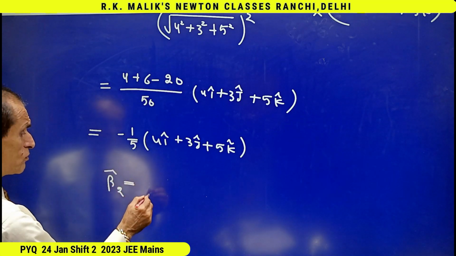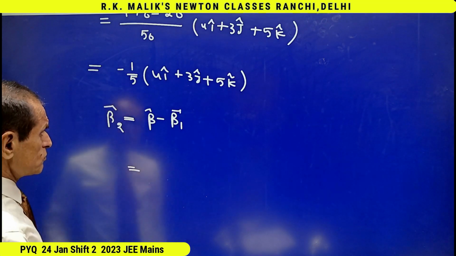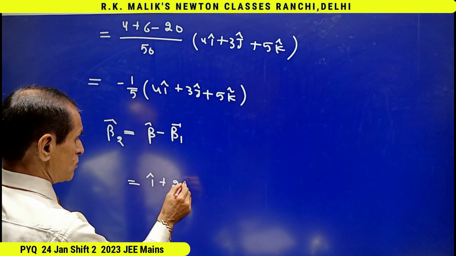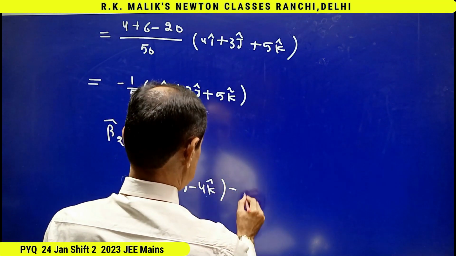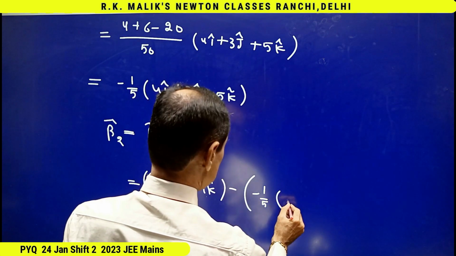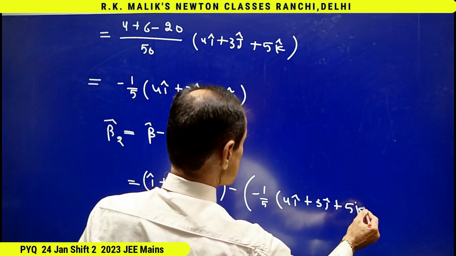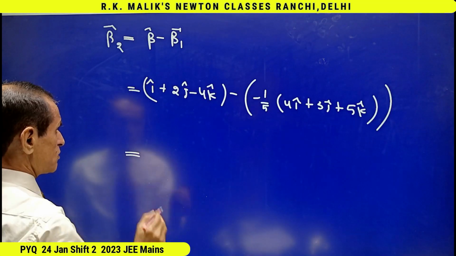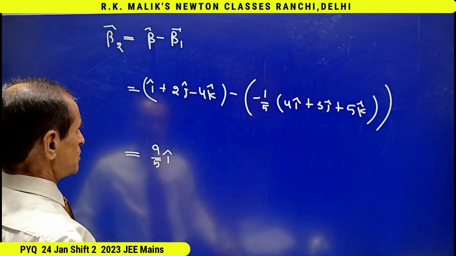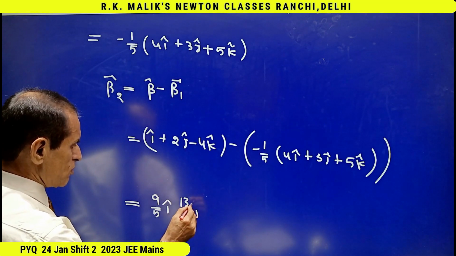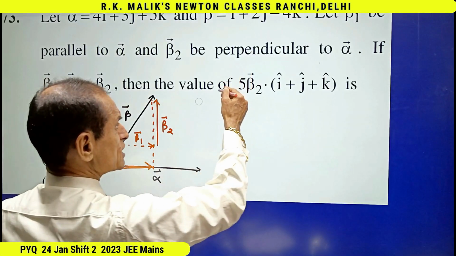And because beta 2 vector is equal to beta minus beta 1, this is equal to i plus 2j minus 4k minus 1 by 5 into 4i plus 3j plus 5k. This is equal to 9 by 5 i, 13 by 5 j minus 3k. And because we had to find the value of this,